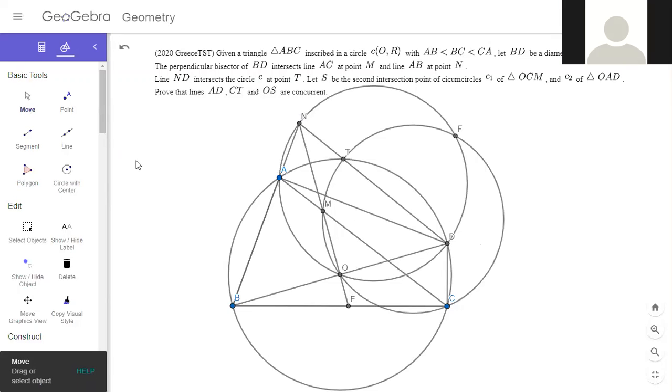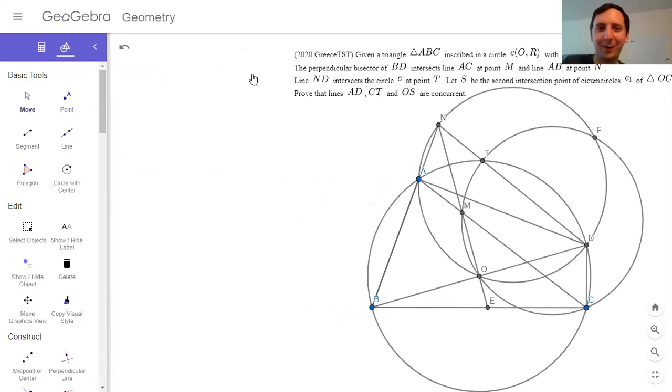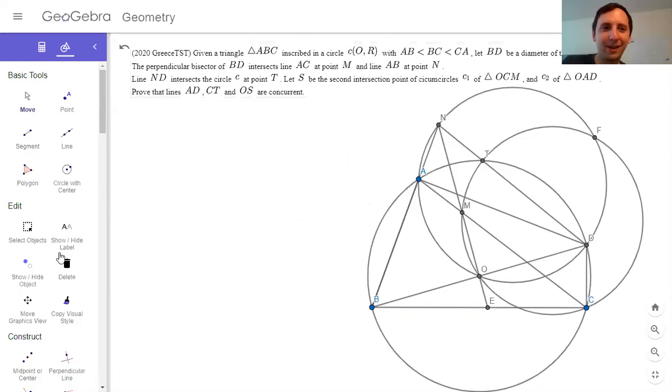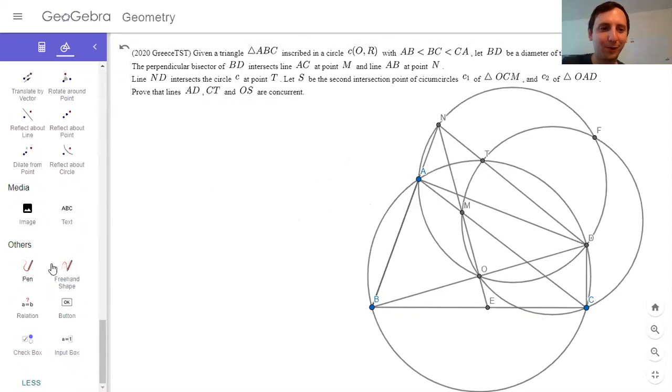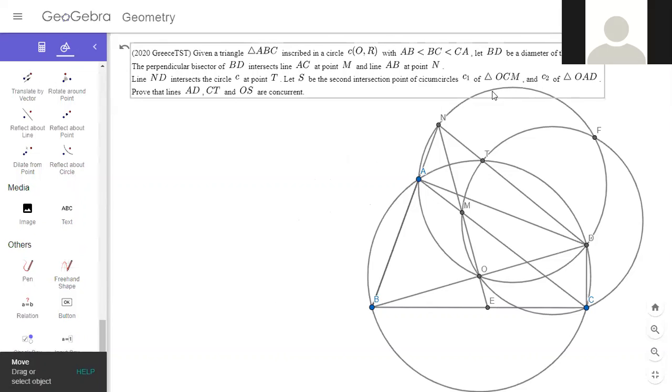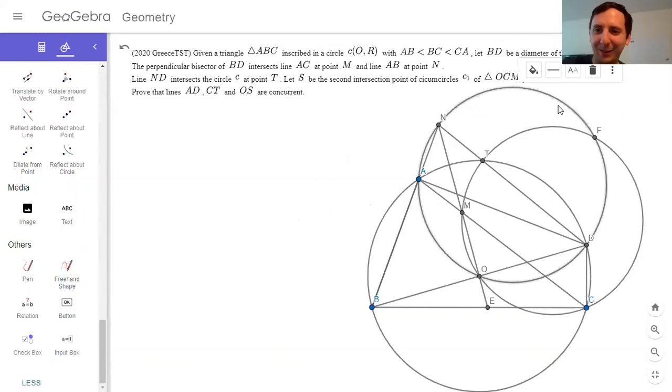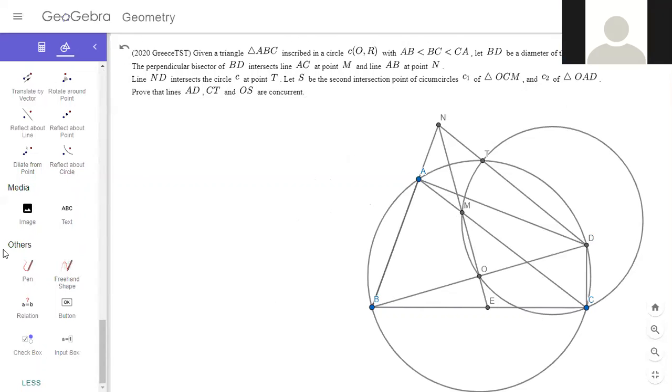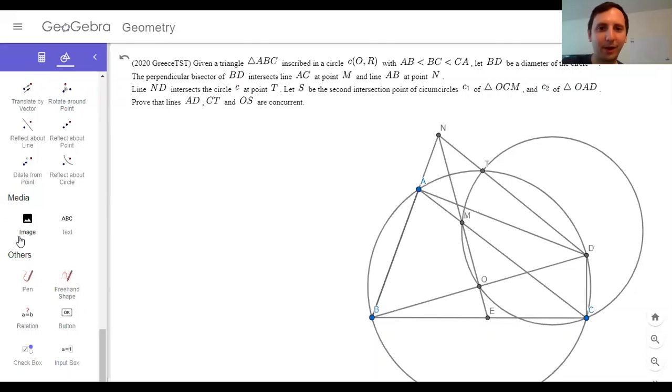Really, really easy. I don't even know if I feel like writing this up, but just to prove to my viewers on YouTube that I actually solved this, I'll do it very quickly. But very nice. It's just like the radical center. Yeah, it was a 2020 team selection test. Okay, so